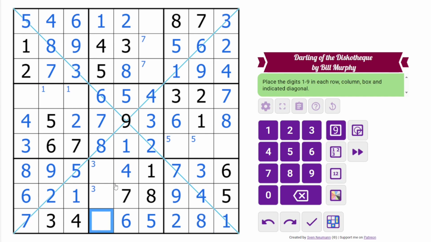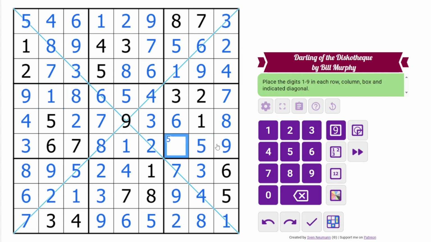And now we are just filling in the last digits in rows and columns. 9 there, 9 there, 9 there. 1 and 8, 5 and 4. And that's the solution. So that took me a while even knowing what the path was, in part because of